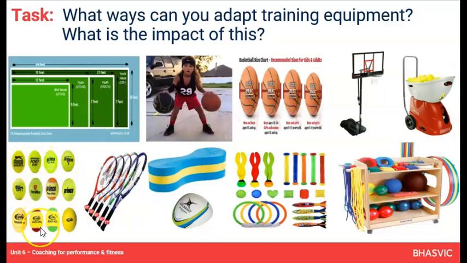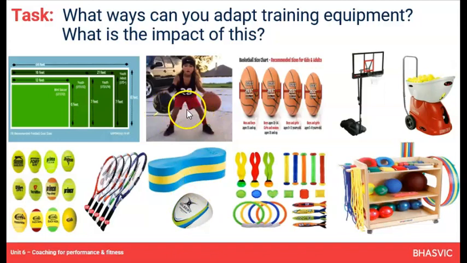Different tennis balls have different densities, have different bounce. So some are really bouncy, some balls are more dense and bounce more slowly, making it easier to watch. Different racket sizes and weights. We've got flotation devices to support us with swimming. We've got this agility ball, so reaction time ball, sorry. So you drop this, you can see it's a funny shape, it pings off at a different angle, and you've got to practice trying to catch it for reaction practice.